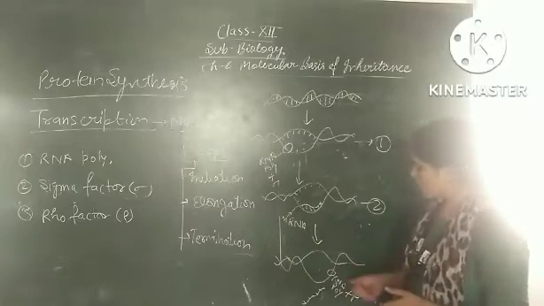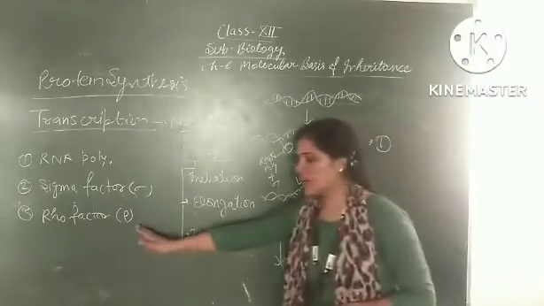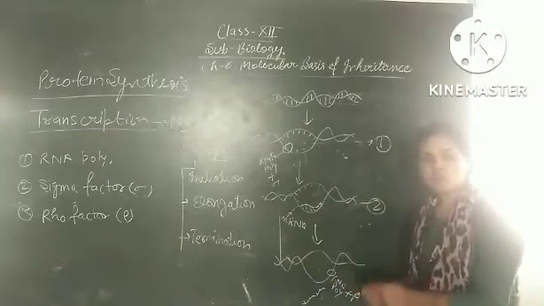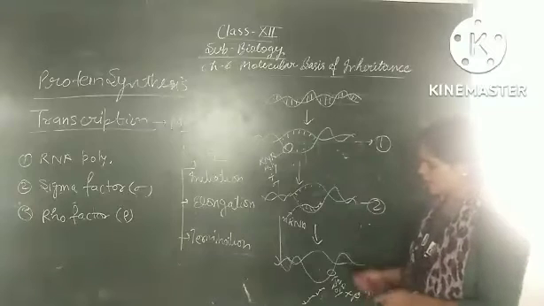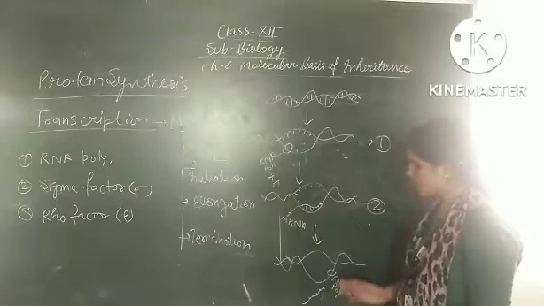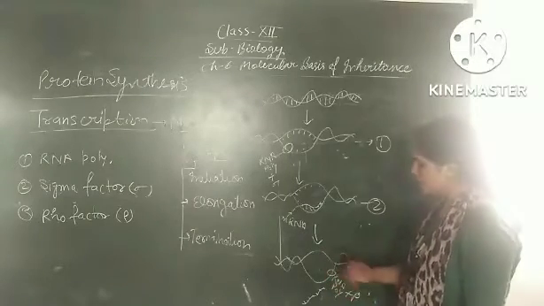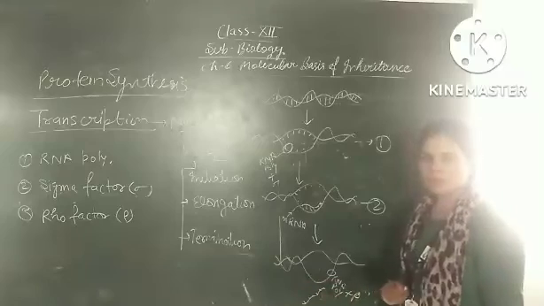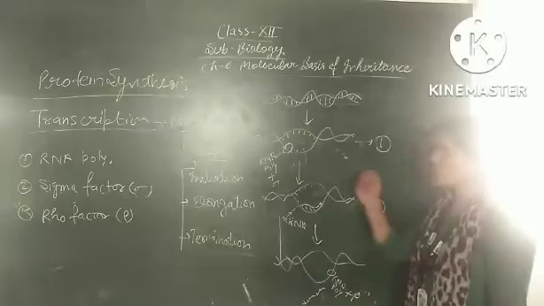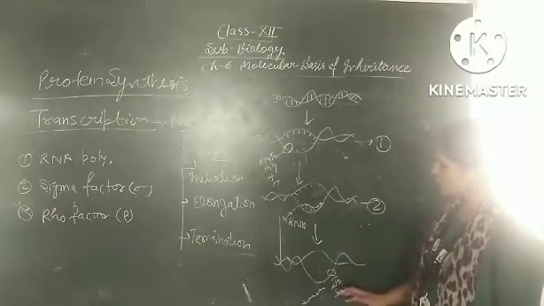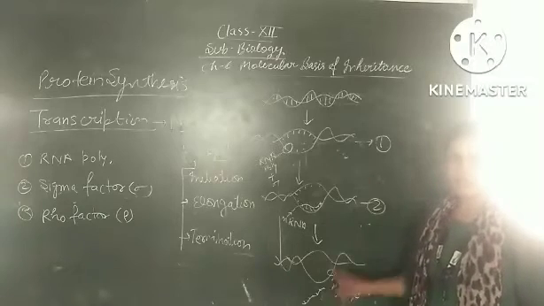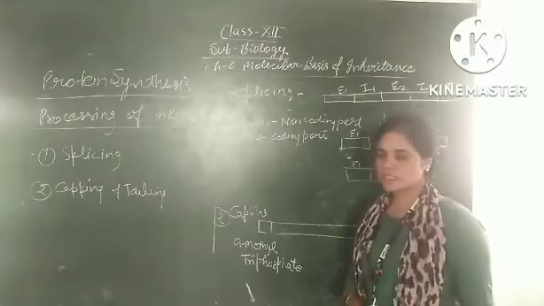For this step, on the RNA polymerase enzyme, another one, Rho factor, gets attached to make the process stop. So after attaching the Rho factor, the termination of transcription occurs and the newly synthesized messenger RNA comes out from that transcription bubble. So this is the transcription. This process occurs inside the nucleus, and at the end of this process, newly synthesized messenger RNA will come. Processing of messenger RNA.